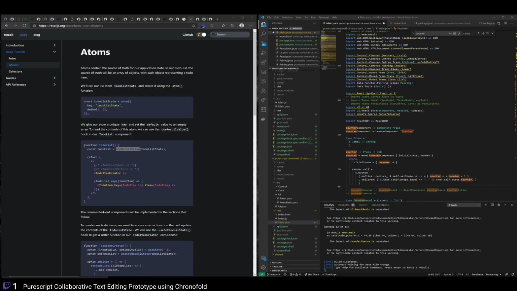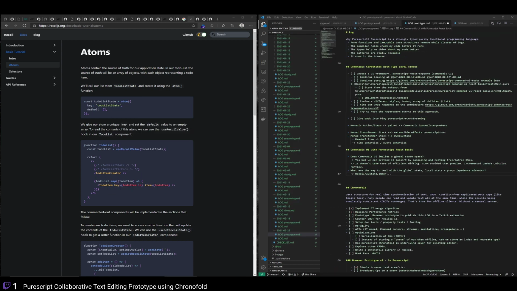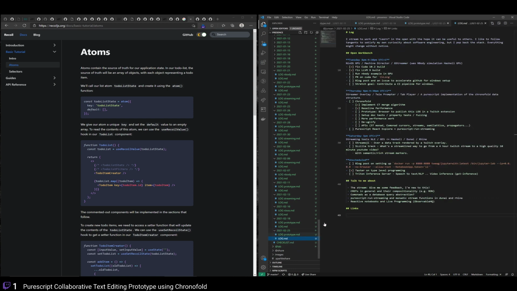Doing some interesting work. Well, I'm trying. What I'm doing is, let me bring up my log. So this stream is a PureScript stream, right? And one of the things that we've been doing, like the big picture of things, is we're playing with a